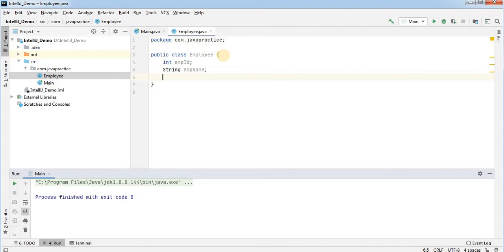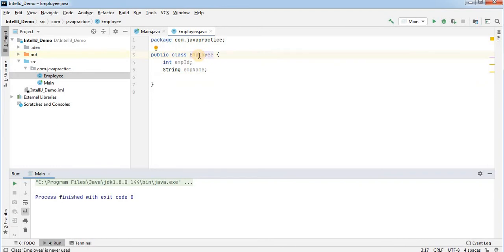Now if I want to generate the constructor for this particular class, and suppose there is a requirement in our code that we have to generate the default constructor as well along with the augmented constructor, then we have to write the default constructor and write the augmented constructor. This will decrease the productivity for the developer. So in spite of that, the IntelliJ IDEA tool provides a feature that we can use to generate the constructor for this particular class.